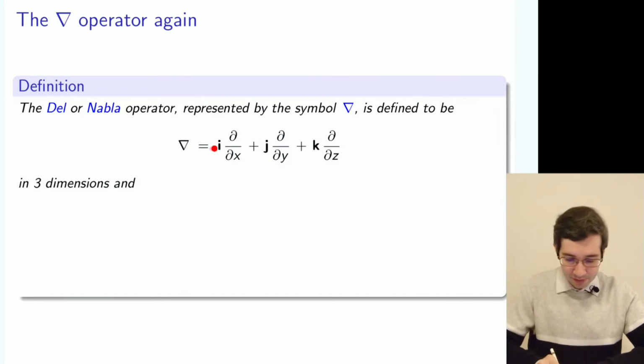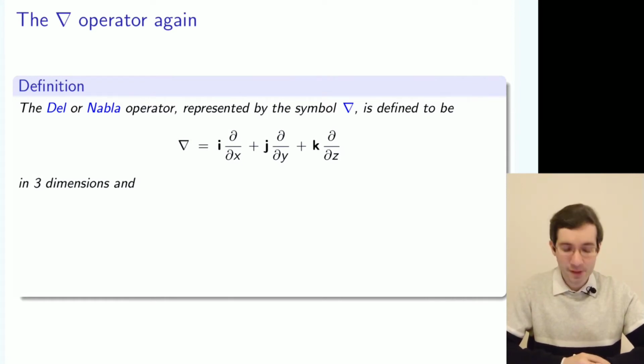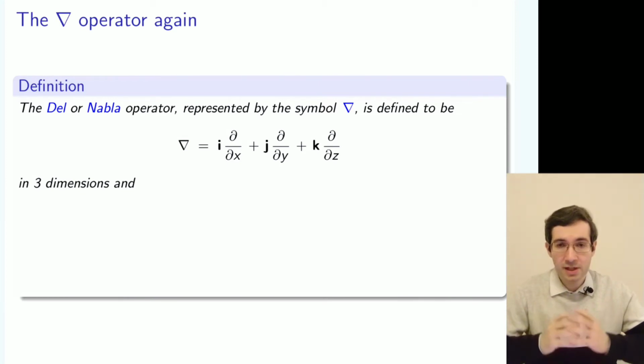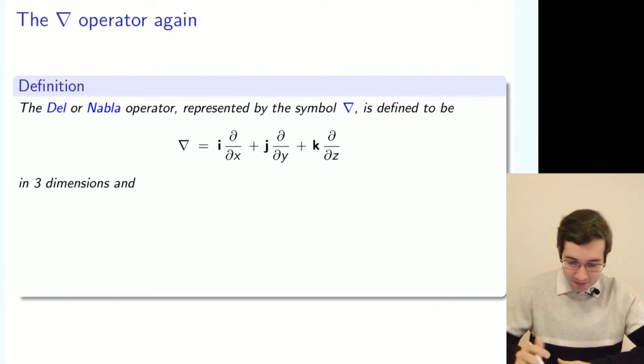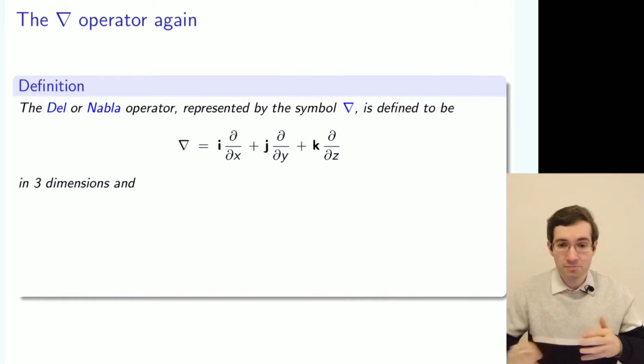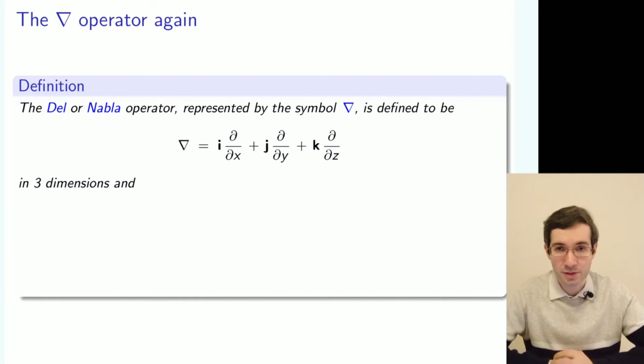So what you see here is a formal definition of the Nabla operator. And what you see here is probably one of the first examples of an operator without an actual object yet it works on. So it's just an operation with a potential to do something. So you have partial derivatives and associated unit vectors. And then you leave the possibility to apply that operator, this operation, to something.